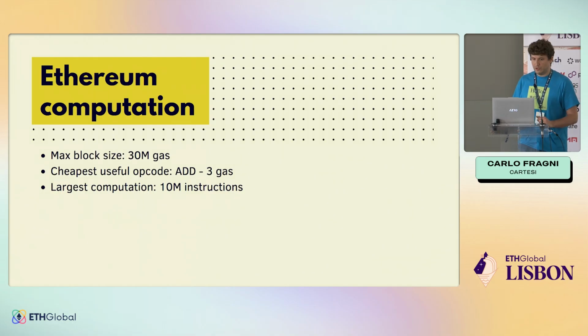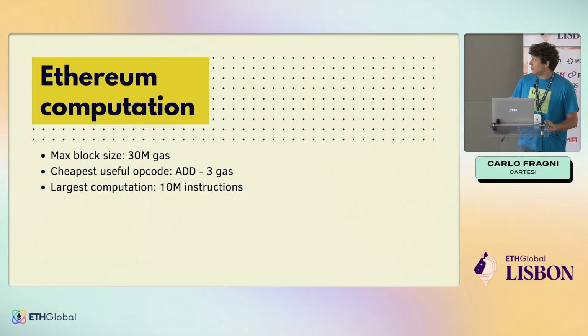Now let's talk a bit about the computational scalability. If you take a look at Etherscan or whatever your source, you can see that Ethereum blocks generally have like 30 million gas on all the transactions within them. So considering you have the entire block just for yourself and you're doing the cheapest possible useful computation, if you take a look at the Ethereum opcodes, the cheapest one is adding, and that costs 3 gas. So that gives you a boundary of about 10 million instructions for the most you can do on an Ethereum block, considering you have the entire block for yourself, which is something really hard to get.